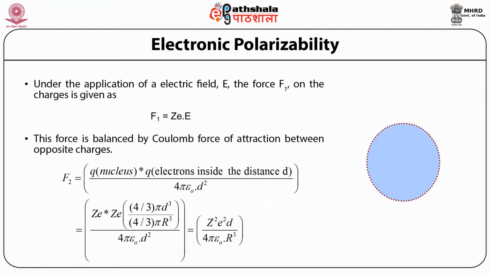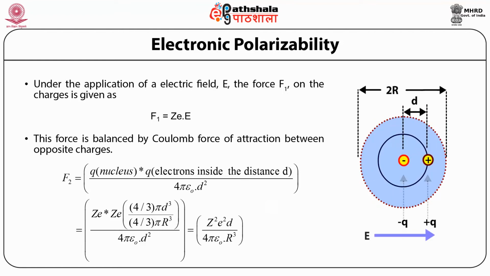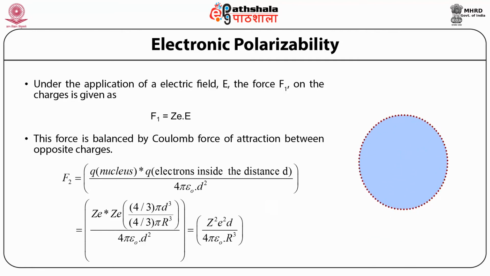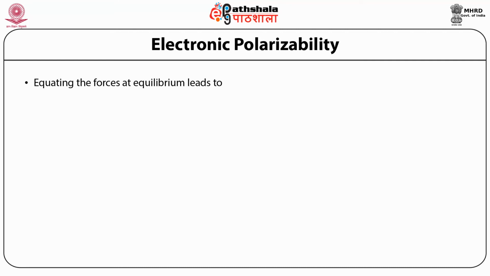So the term becomes Ze into Ze multiplied by (4/3)πd³ by (4/3)πr³, divided by 4πε₀d². So the net term comes out to be F2 is equal to Z²e²d upon 4πε₀r³. Now equating the two forces which we have discussed in the previous slide,